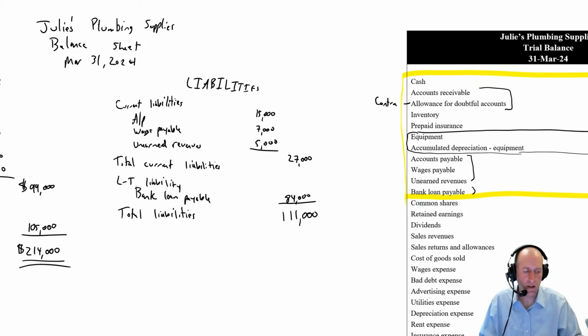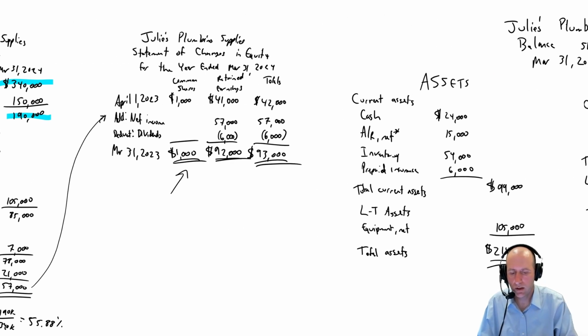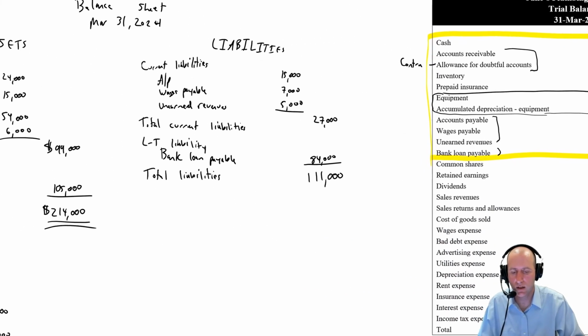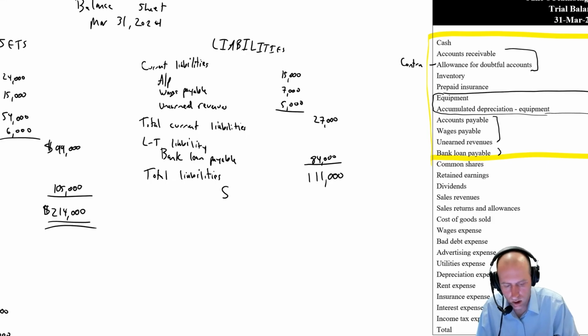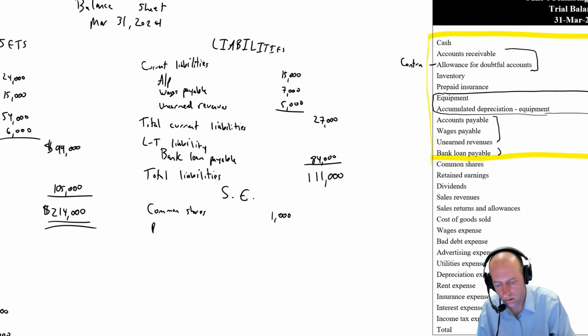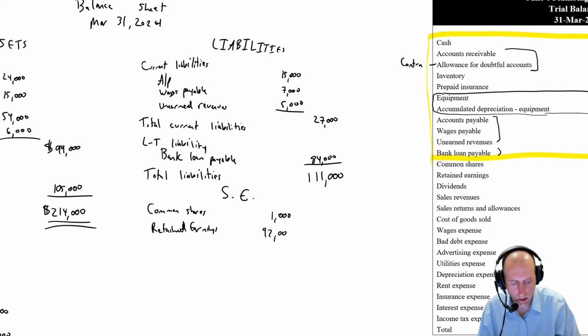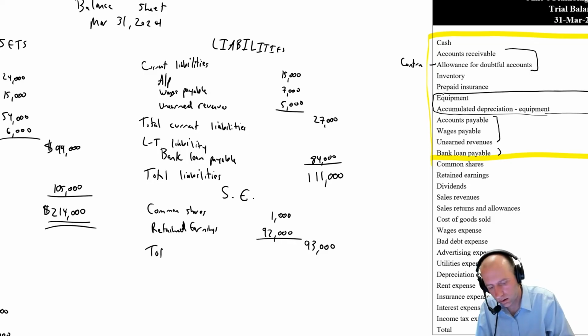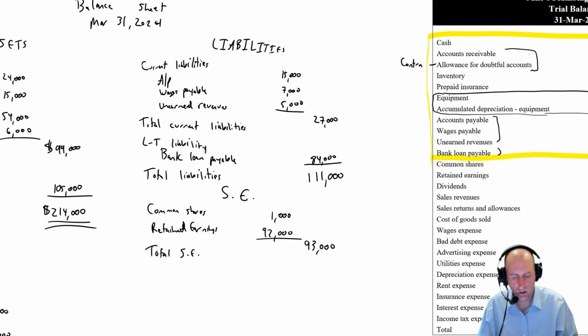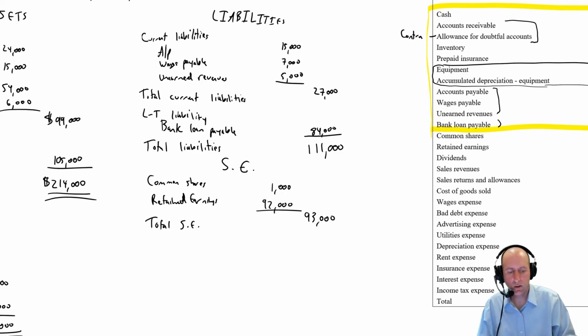Okay, now we just have to do our equity, and our equity doesn't come from here. It comes from our statement of changes in equity. We have 1,000 of common shares, 92 of retained earnings. That's it. 1,000 of common shares, 92,000 of retained earnings. Shareholders' equity. Common shares, 1,000. Retained earnings, 92,000. This totals to 93,000. That's our total shareholders' equity, bringing us down to our grand total,